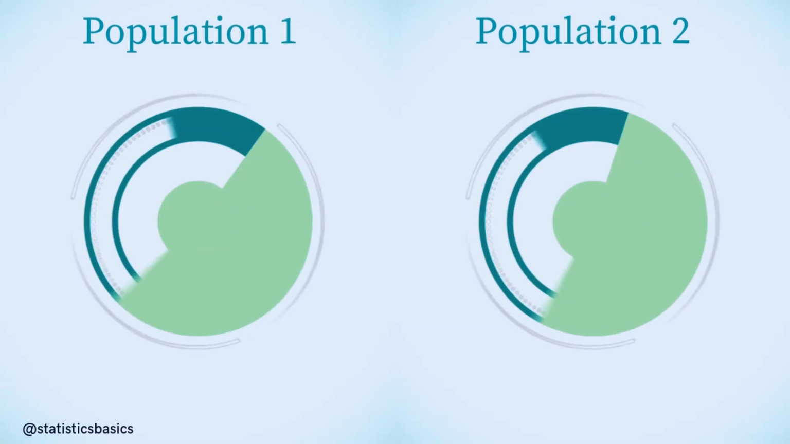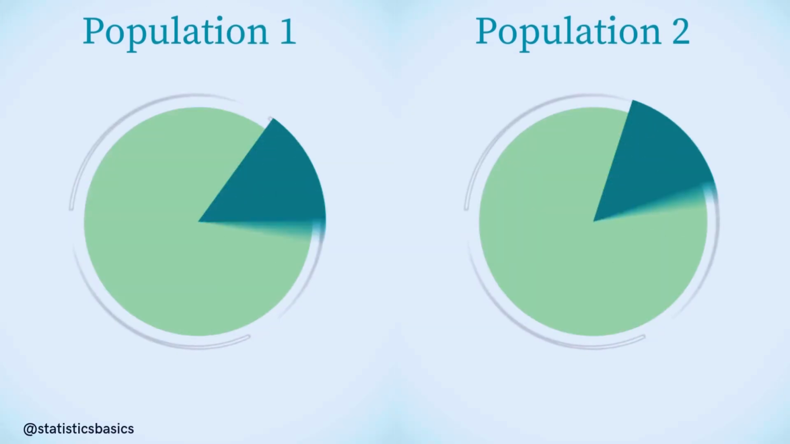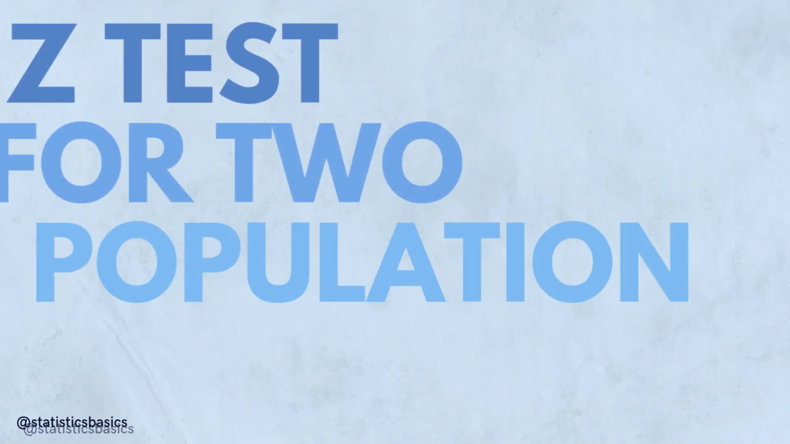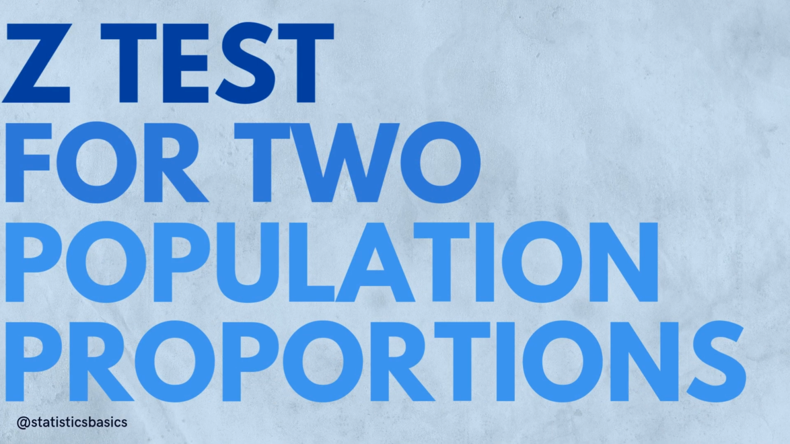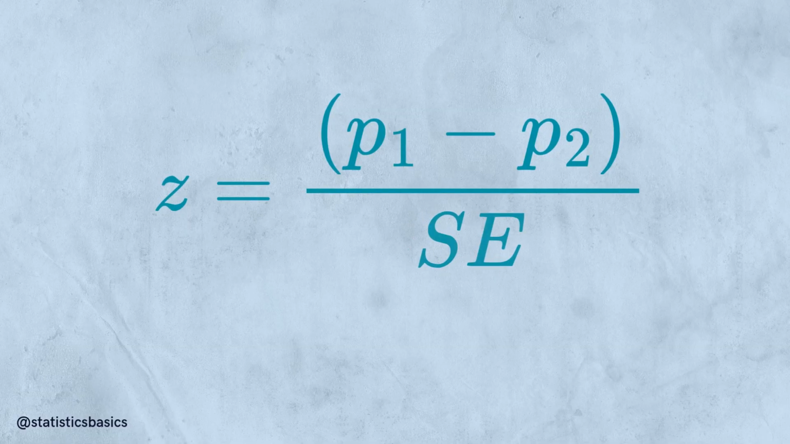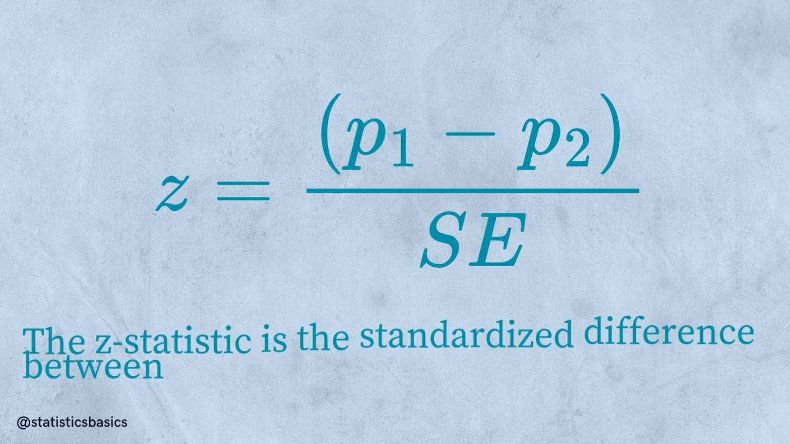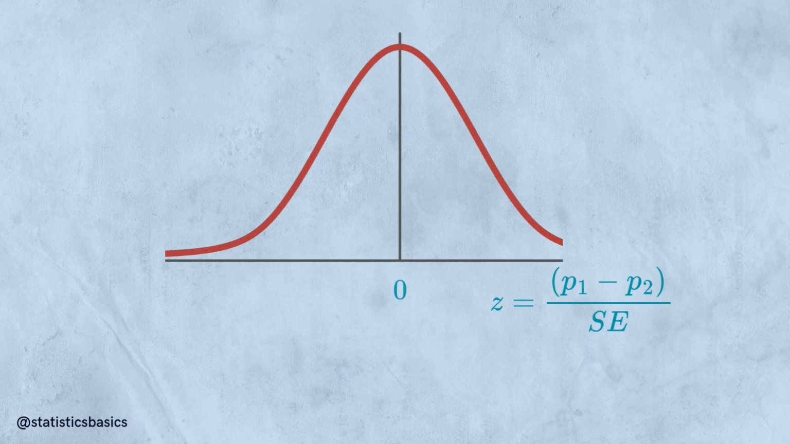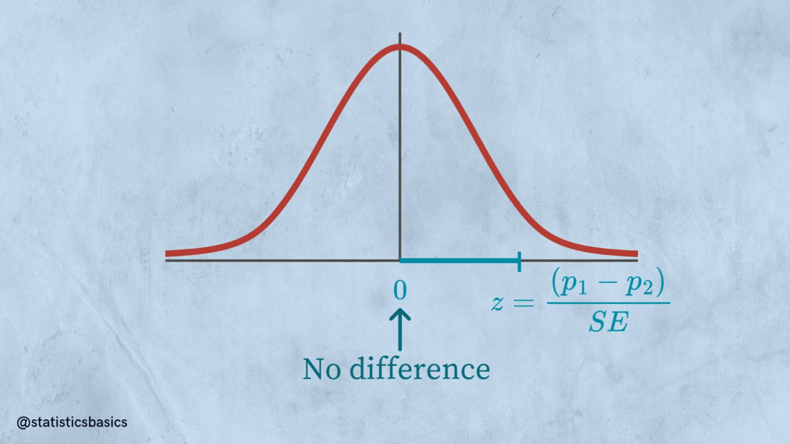When analyzing categorical data from two independent populations, and you want to know whether the observed difference in their proportions is statistically significant or likely occurred by random chance, the z-test for two population proportions is used. In this z-test, the z-statistic, which is the standardized difference between the two sample proportions, measures how many standard errors the observed difference is away from the expected difference under the assumption that there is no difference in the population